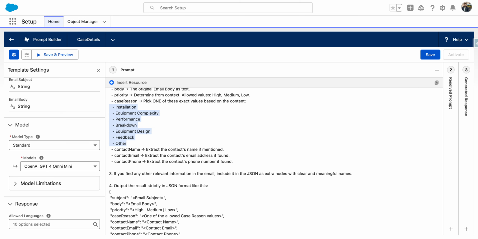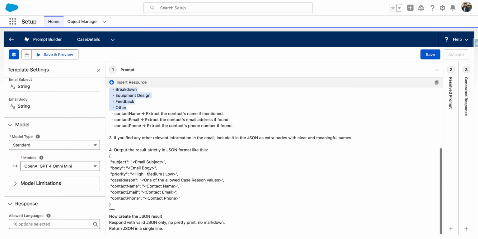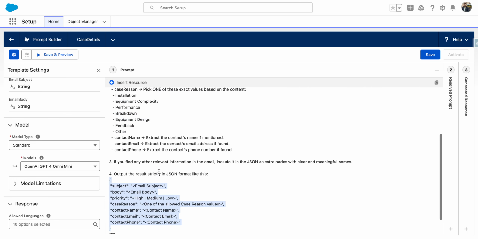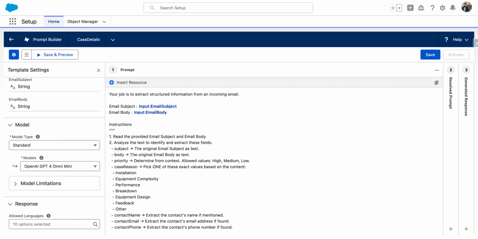And if you find any other relevant information also, it can give it as well. So this is the end output result. So these are the instructions which we gave in the prompt builder. Let's test this. Actually, what we can do is click on save and preview once,